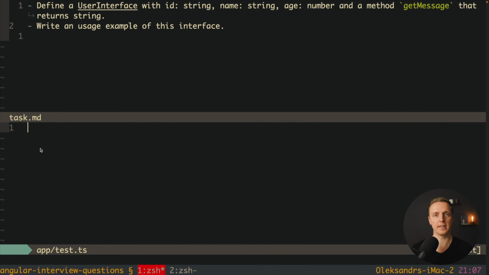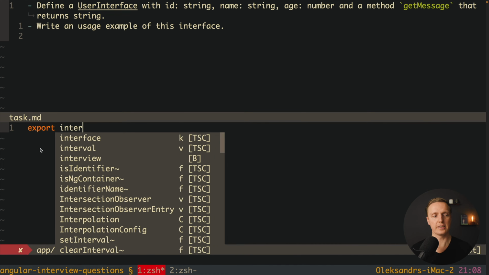First of all, we must define an interface, but before we do that, you can also get a question, what is an interface in TypeScript at all? And actually this is a possibility to describe some object with data that we can reuse everywhere. And this is exactly what we need to do here. We must define a user interface, and this is a special typing that we will reuse across the whole application, and we will show that if we're using this typing, it must have inside this ID, name and age of these specified types. So in order to define our user interface, typically you will write it like this.